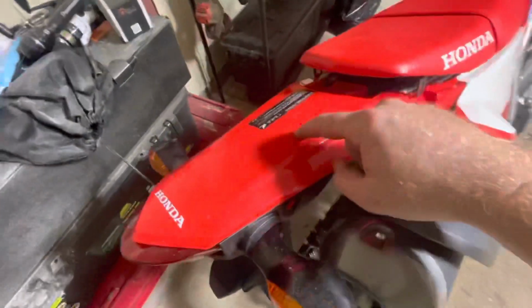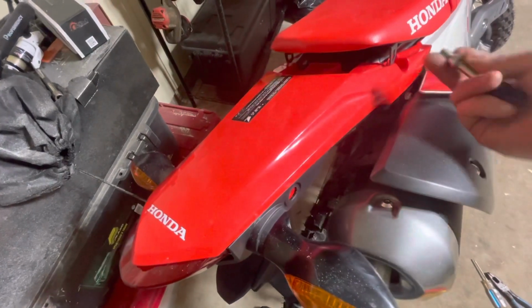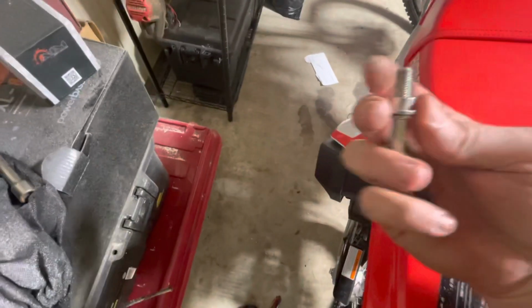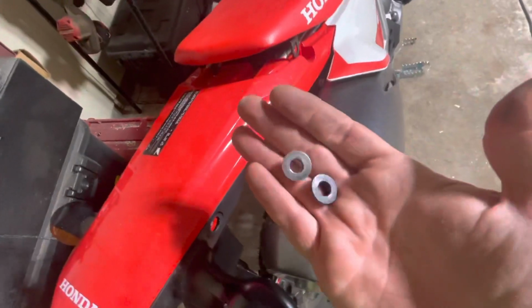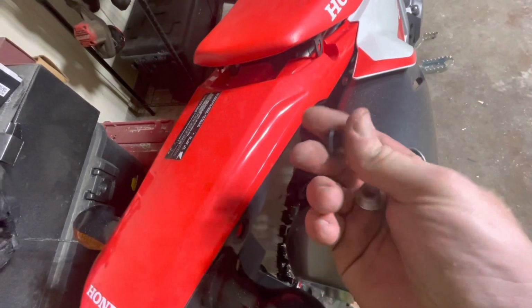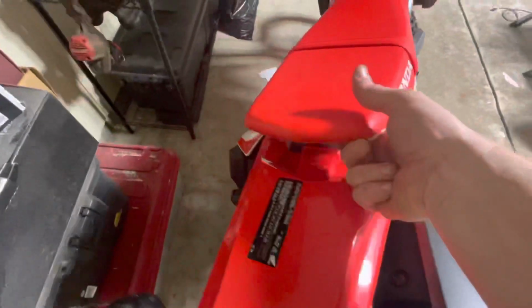So next we needed to take our fender off. Need our handy dandy 6mm. And then we'll take off our 4 bolts here. 1, 2, 3, 4. Do not lose your spacers. If you guys take them off, get them mixed up, you got 2 here. You've got a wide silver one and then a narrow black one. This black one goes in the rear and the wider silver one goes up front. After you get these 4 off, you can pop the seat off